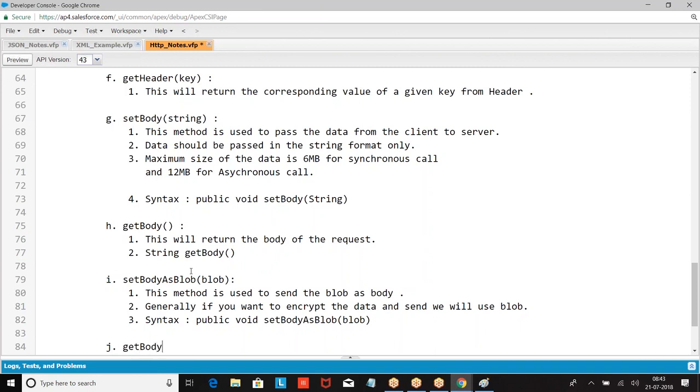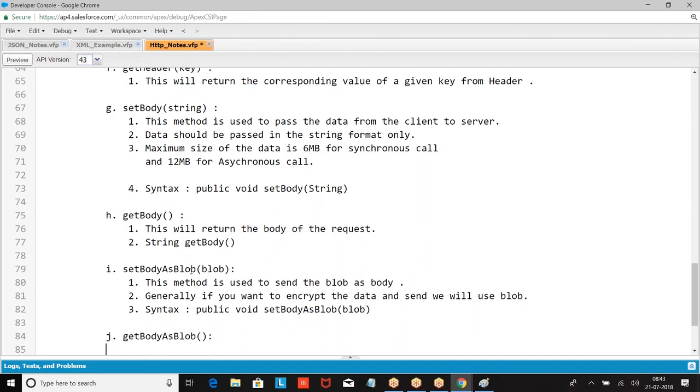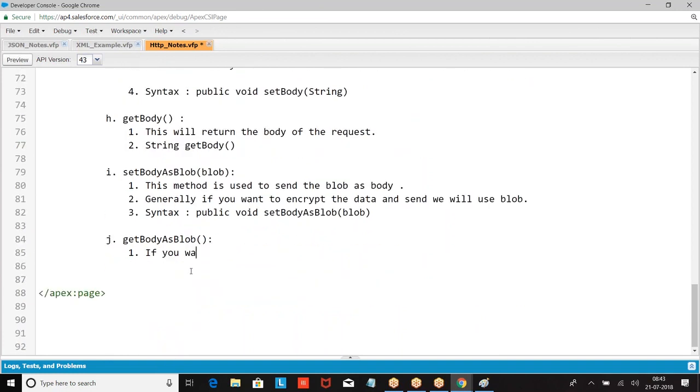Similarly, get body as, if you want to retrieve the body of the header in the form of